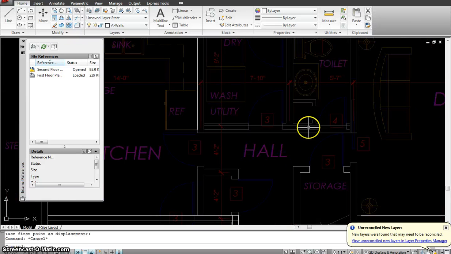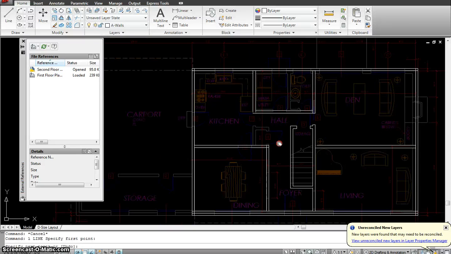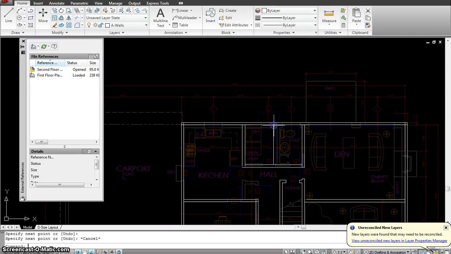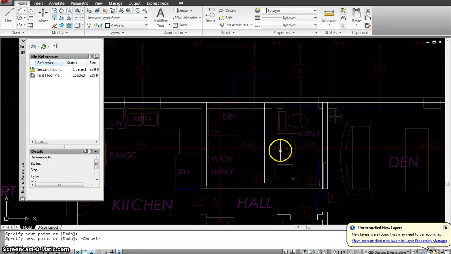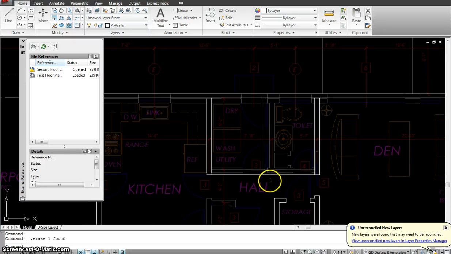Okay, and then from the center of this line I will split the toilet into 2, one there and one here. Delete the center line, and we'll extend this up till here,